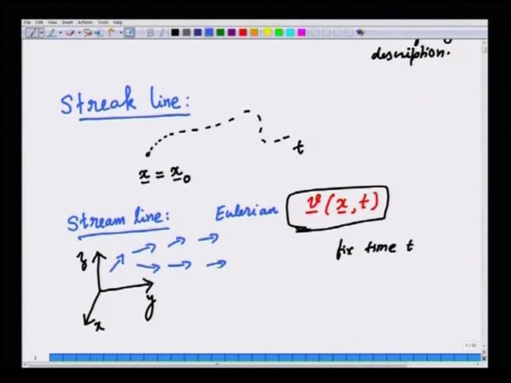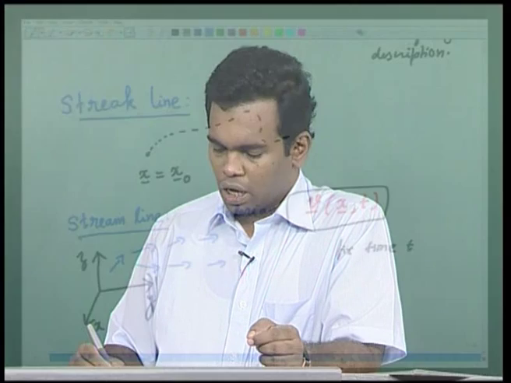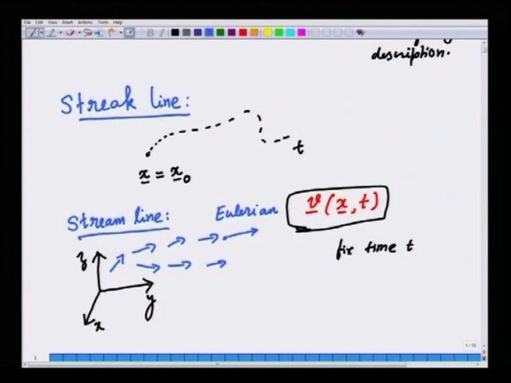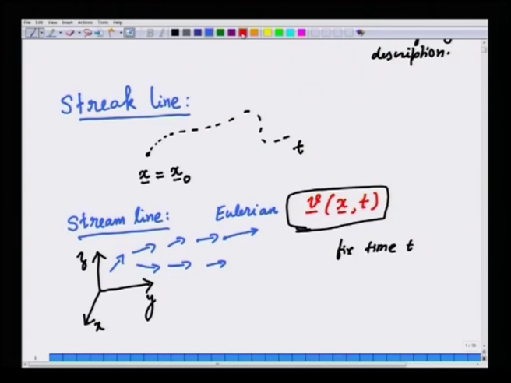Of course, there are infinitely many points, but you can choose to plot the velocity vectors at some points, and points with higher velocity can be denoted with vectors with greater magnitude and length in some sense. This will give rise to a description of the velocity vector at each and every point in the fluid at a given instance in time. Now, suppose I take infinitely close points and draw a curve such that at each point the velocity vector is tangential to the curve. For example, as I have shown here with the red line, such a description is called a streamline.